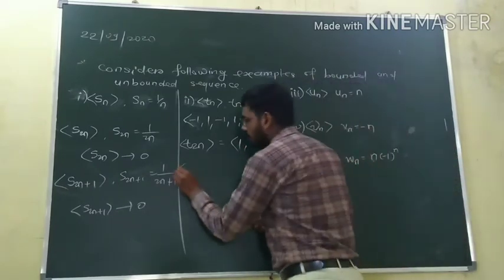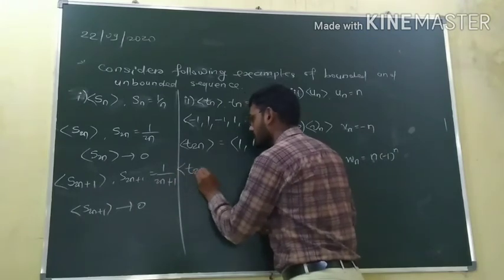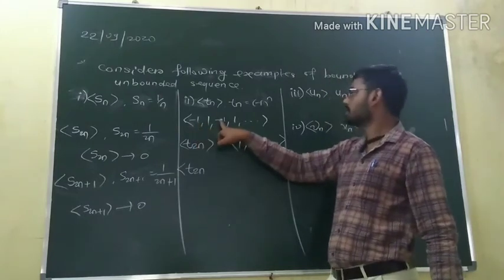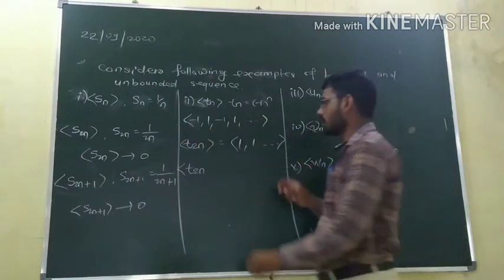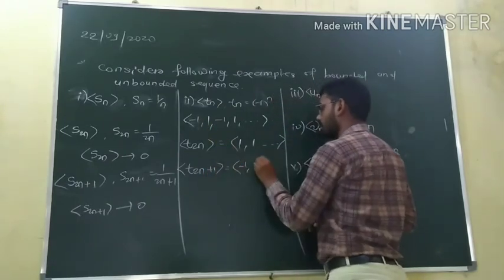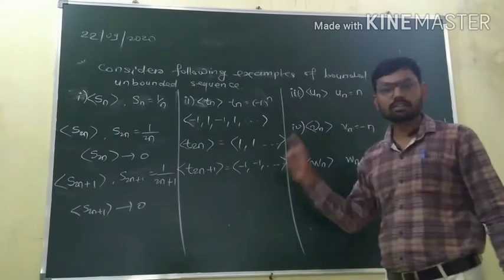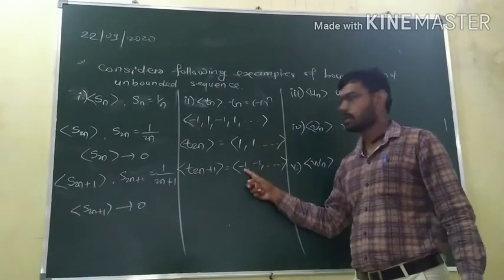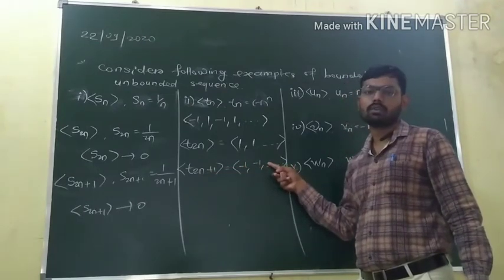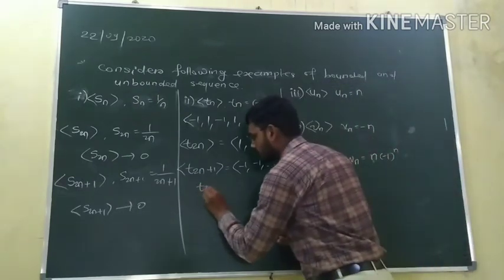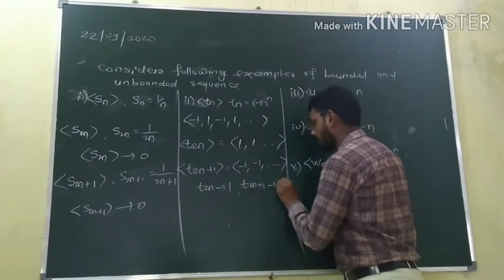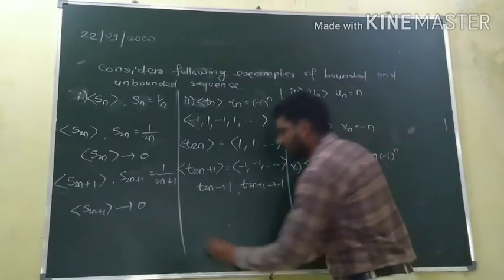Okay. And the other subsequence is obtained by taking the elements at odd positions. So first position, third position, fifth position, and so on. So T2n+1 is equal to minus 1, and so on. This is also a constant sequence and each element is minus 1. So this subsequence converges to minus 1. Okay, that is, T2n converges to 1 and T2n+1 converges to minus 1. So the limit of Tn